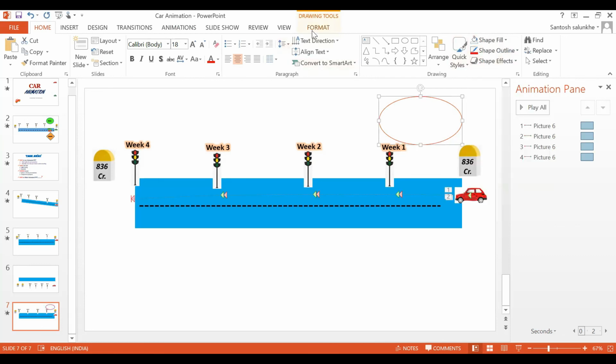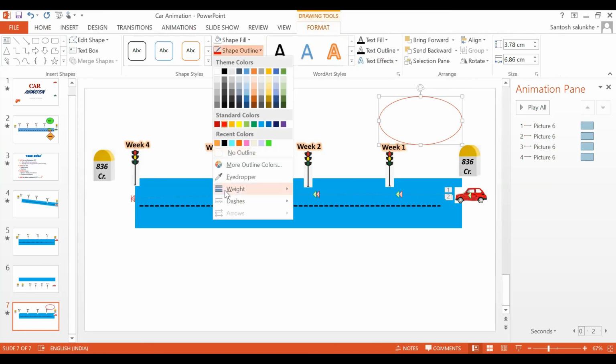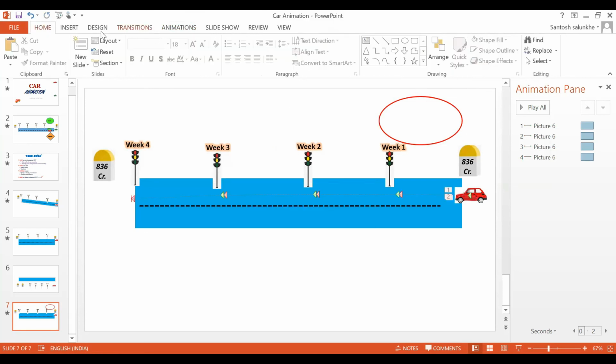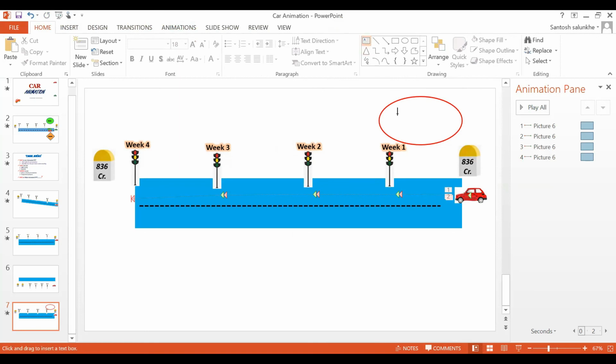If you want bigger outlines, you can change the outlines, and if you want to add anything in this, you can add challenges or highlights. Good. So highlights for the first.